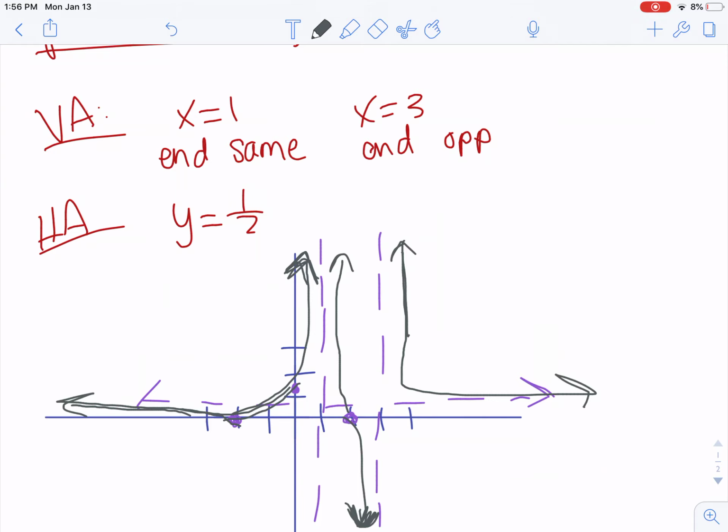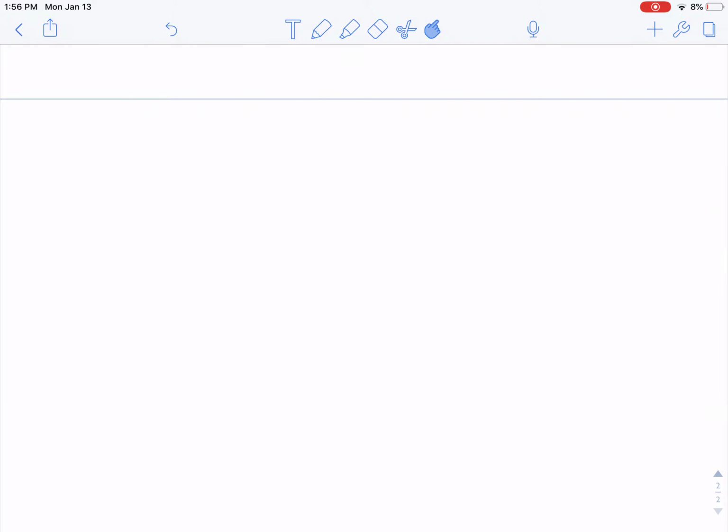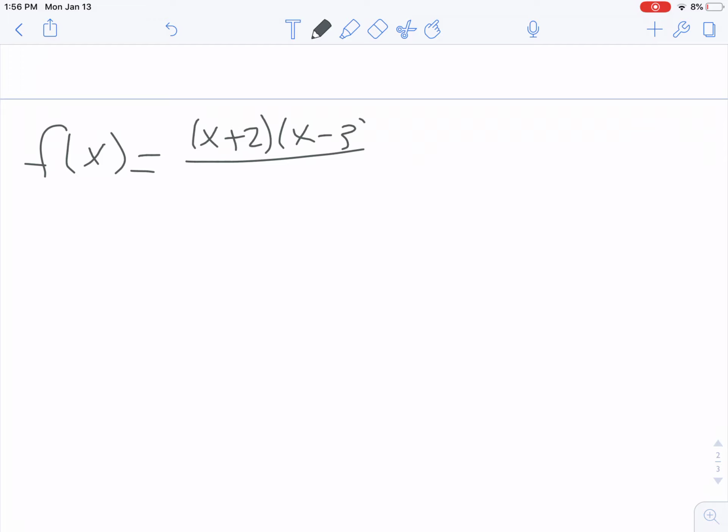So this is an example from the book, and we're going to graph f of x equals (x plus 2)(x minus 3) over (x plus 1) squared times (x minus 2). So I start out by finding my x-intercepts,